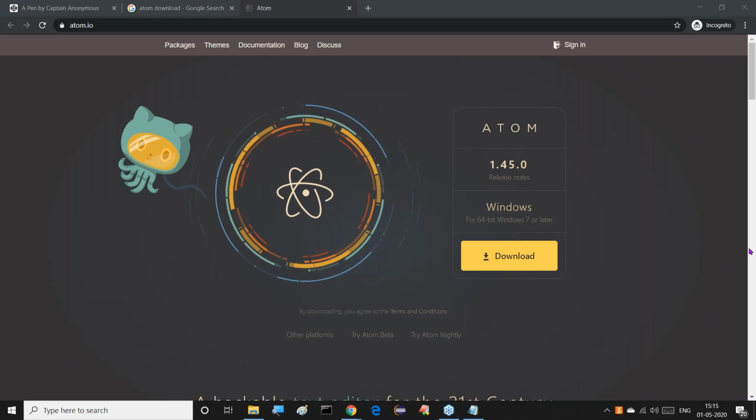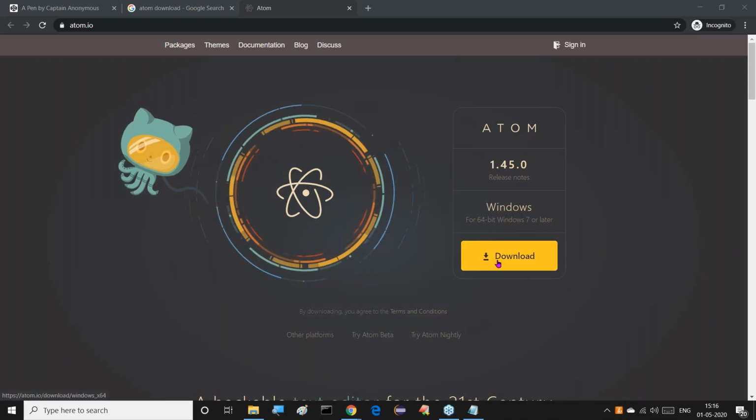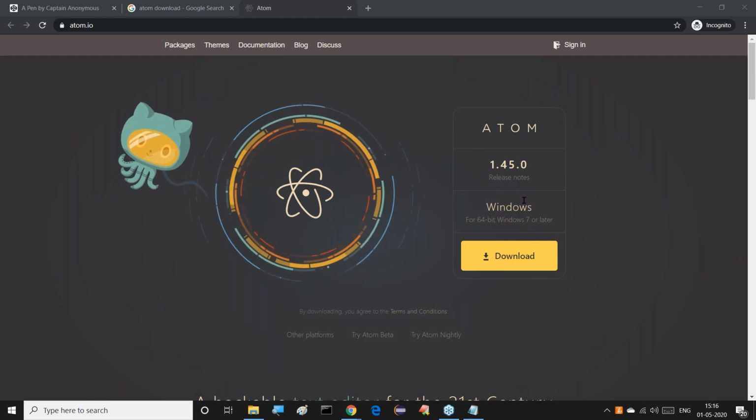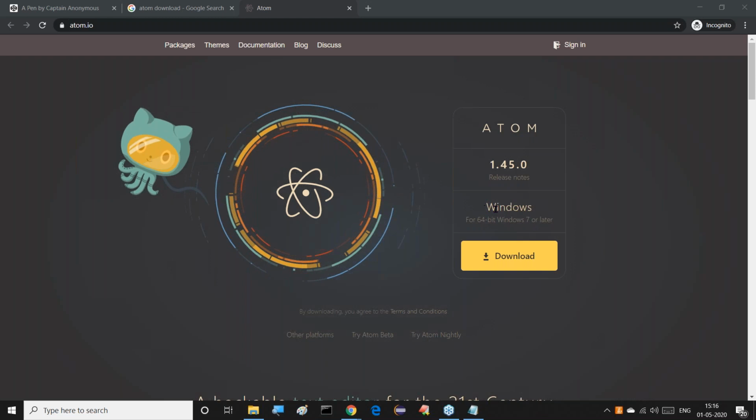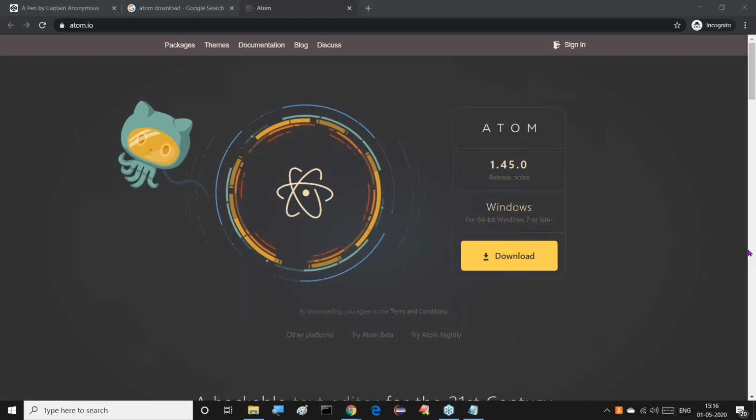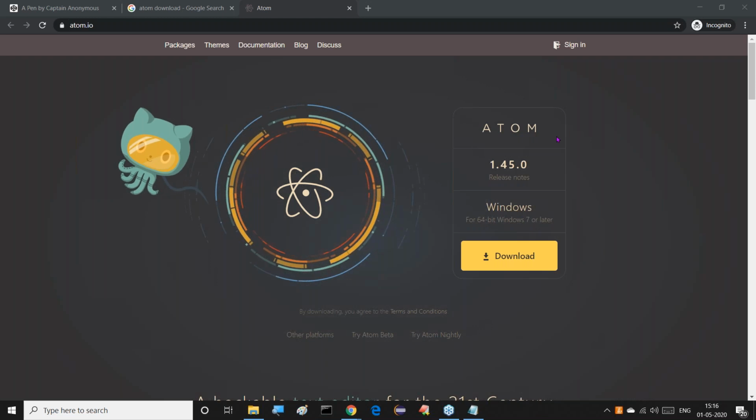Now if I click on this download, what I get is the download for 64-bit Windows 7 or later. By default I'm getting this for Windows because my operating system is Windows 64, Windows 10. So that's why we directly get the Windows related download option. Say, for example, if my operating system is Mac, then directly I would get the Mac option. Understand my point? Like this, I get a different download option depending on my operating system. Next is after completion of this particular point.